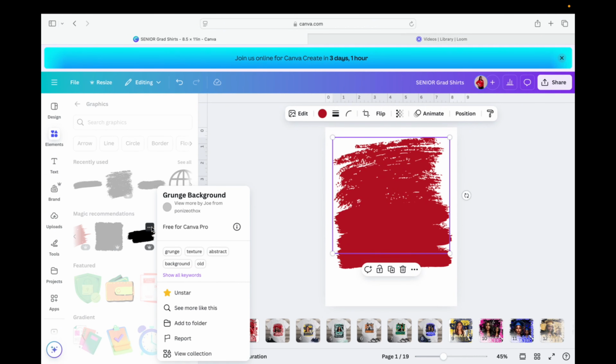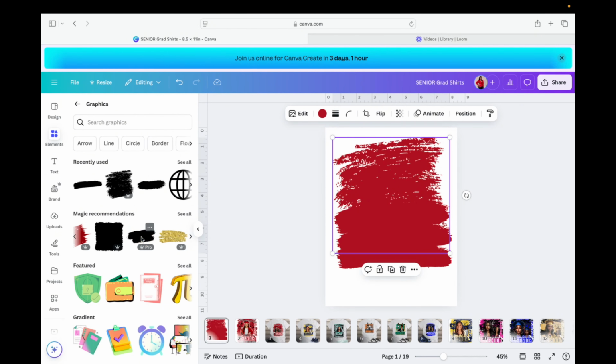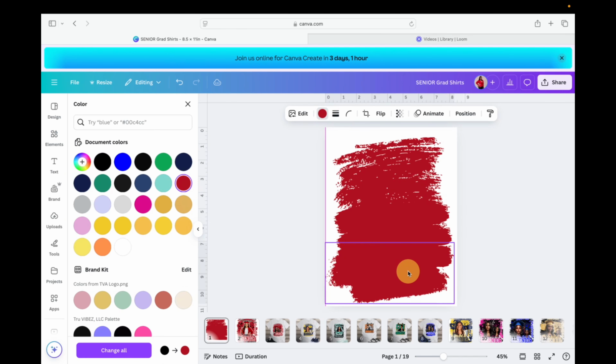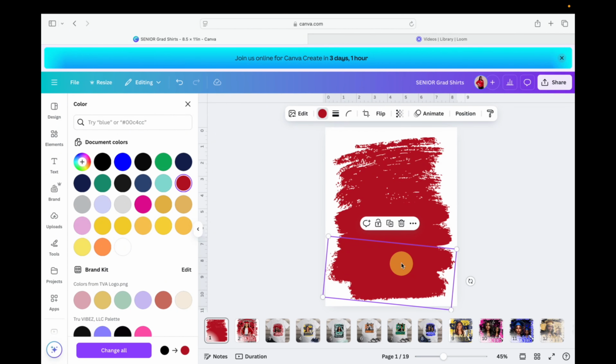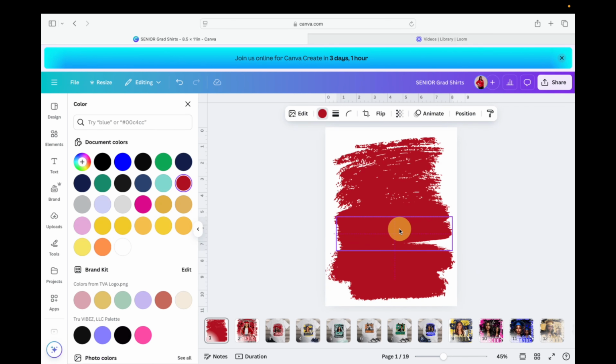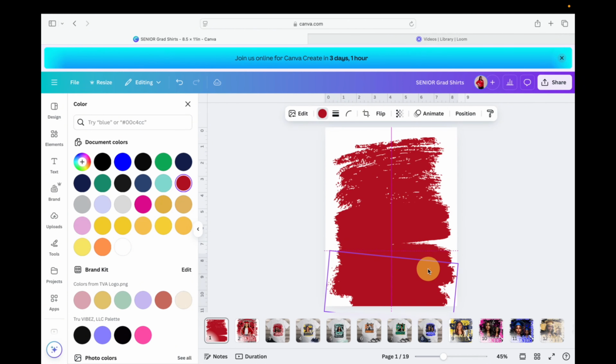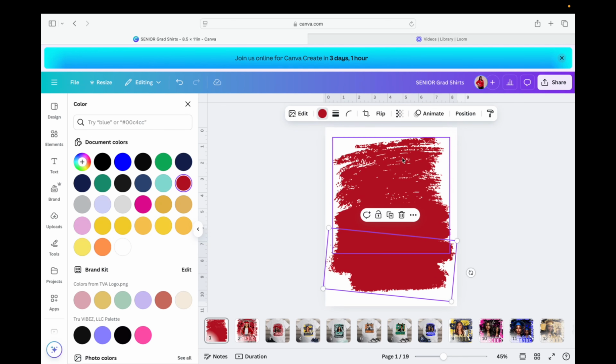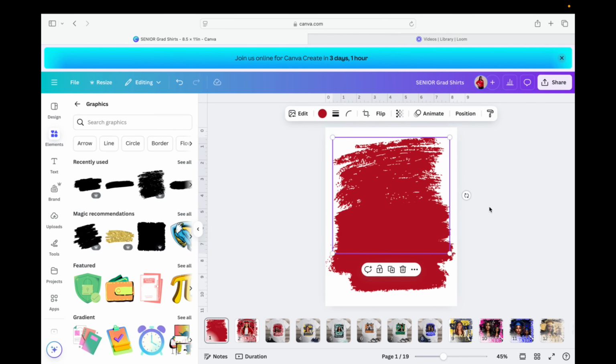This one right here, same person again, just a different style. So I'll use that one, change it to this color, and I'm gonna add this one kind of like at the bottom. Let's see, just a little bit. These, I'm gonna kind of bring it up some. Let me see if I can grab this one. Yeah, there we go. All right, so what I'm going to do now is just highlight everything and